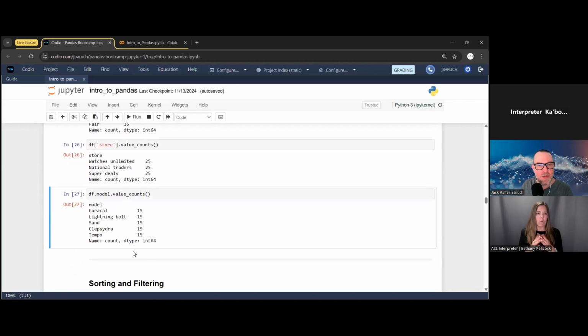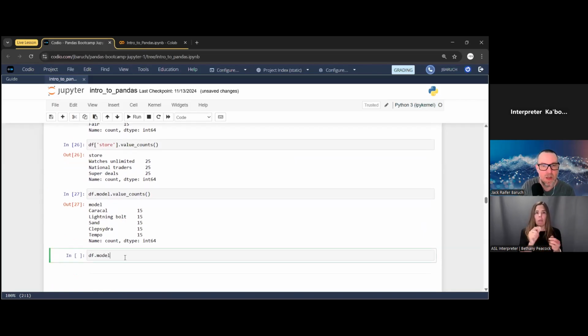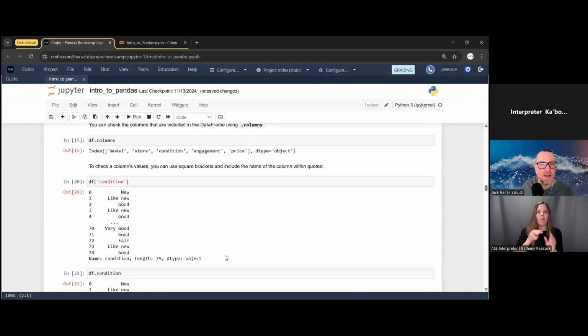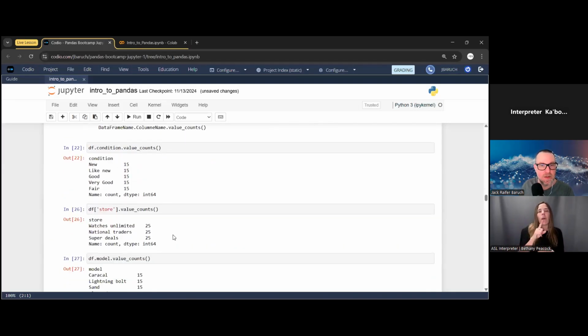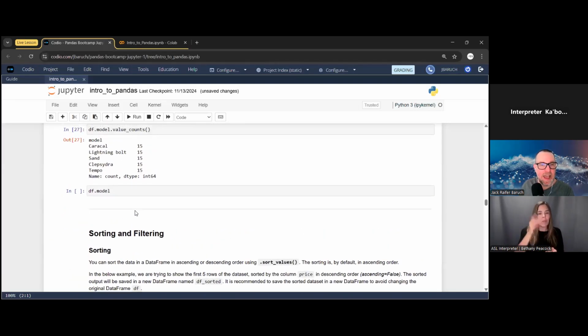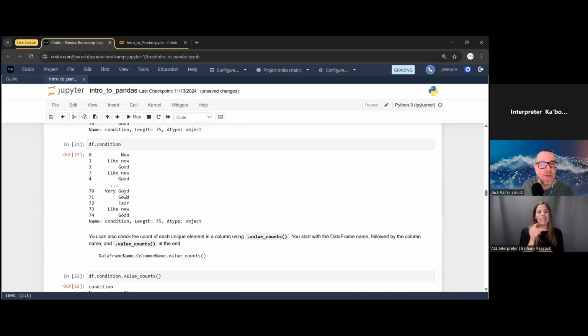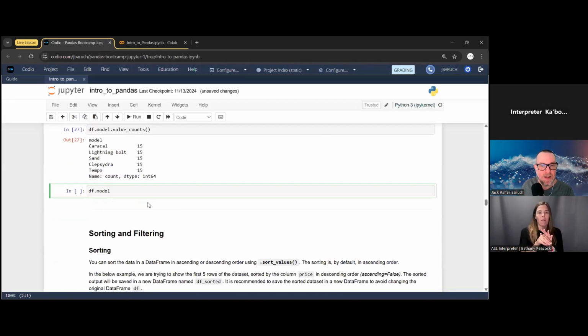We could, if I'm not mistaken, go df.model. So we use isnull any, and if one of these, let's say model, came up true, then we could filter that. So df model, not dot value counts, df model dot